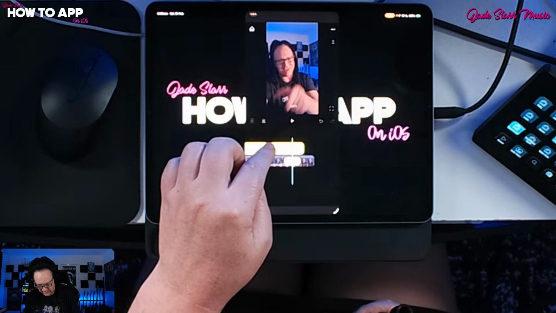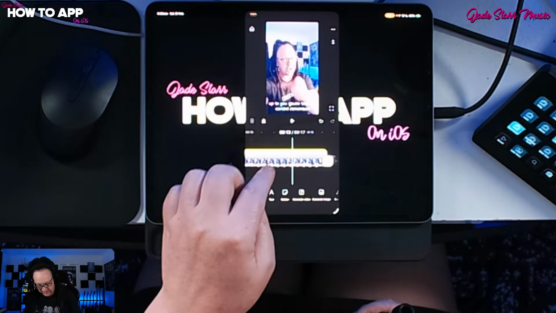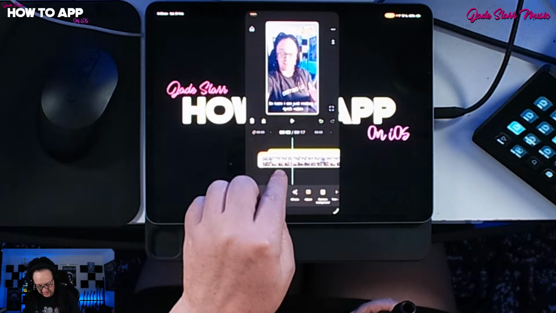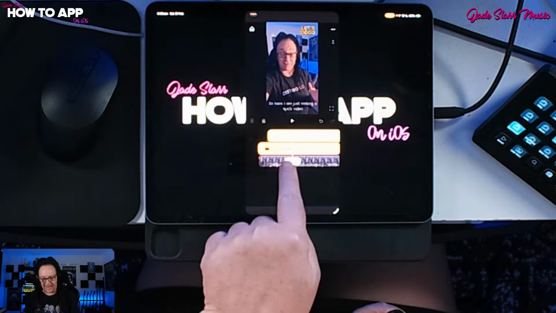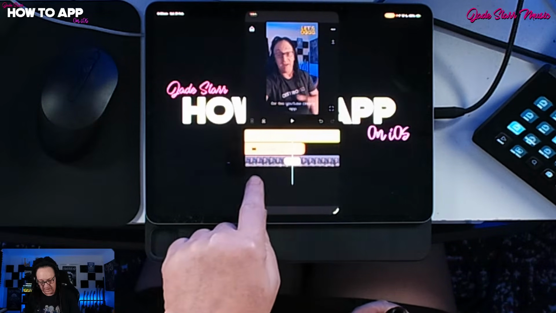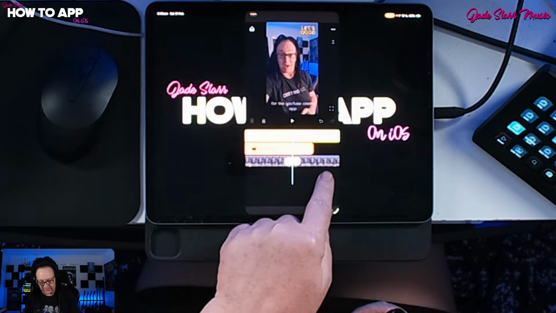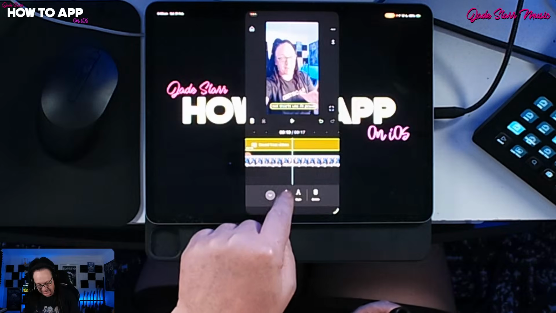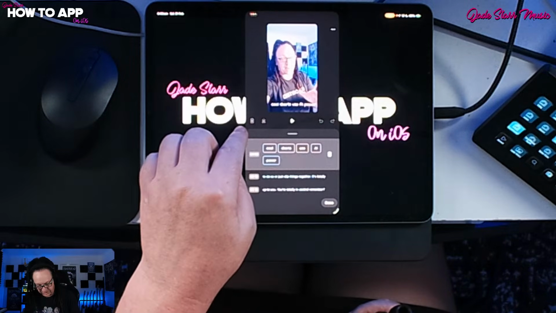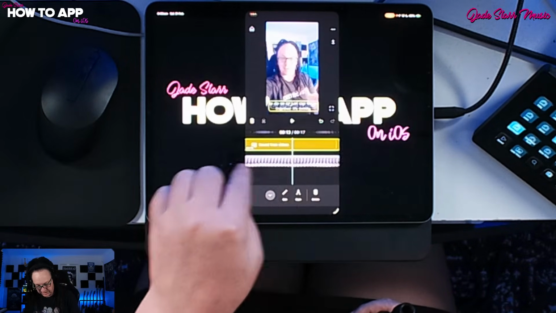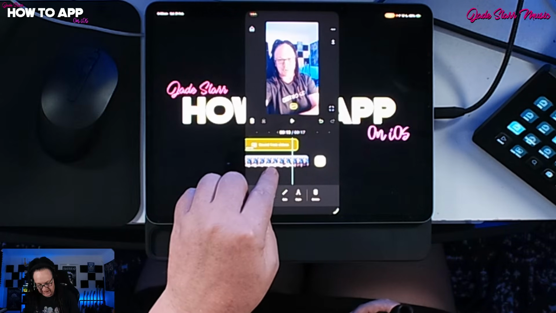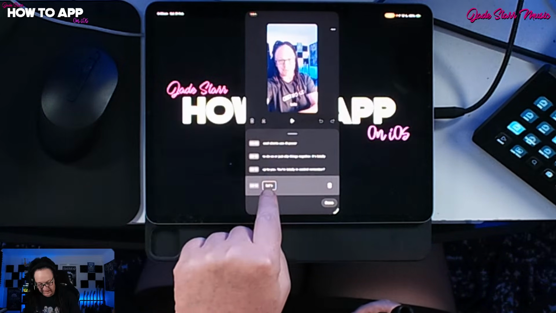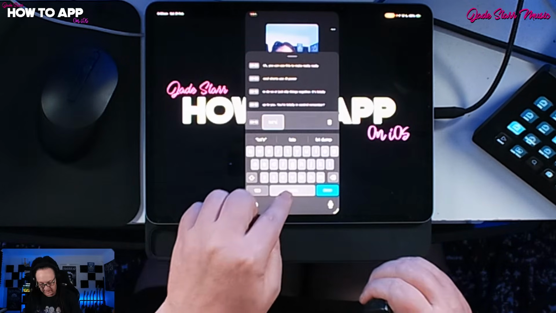So I'm going to tap on here, get into the text. So here's the text. And you can see they've got layers underneath here. So you've got the Let's Oj logo, and then you've got the text up the top. So if I tap on the text here, I can come in and edit this text. And as you scroll through, there's that last line, and I might want to edit that. And here it says let's, and I'm just going to add in